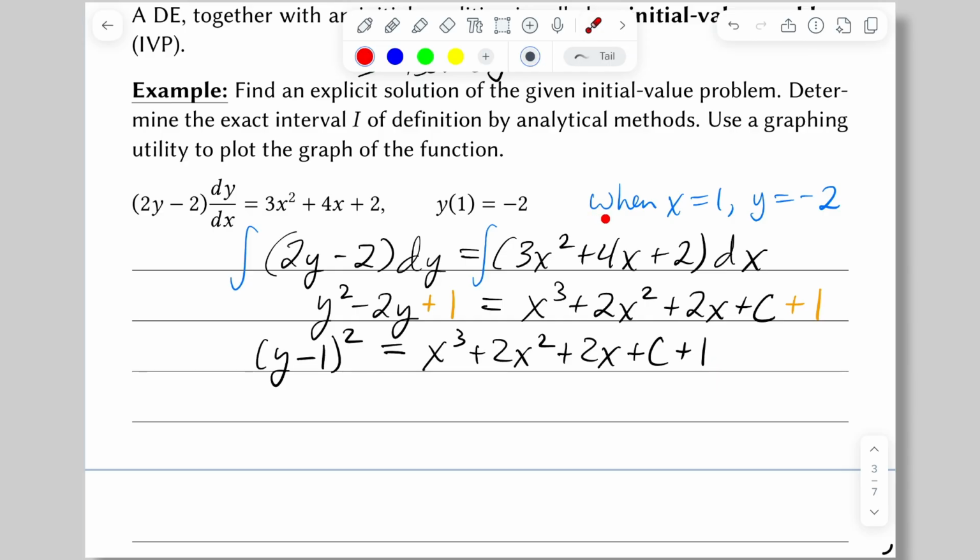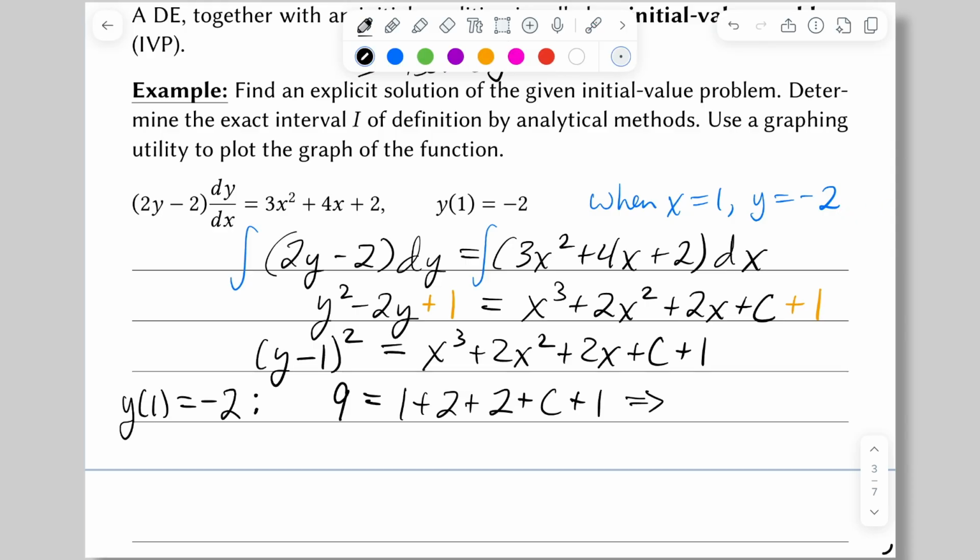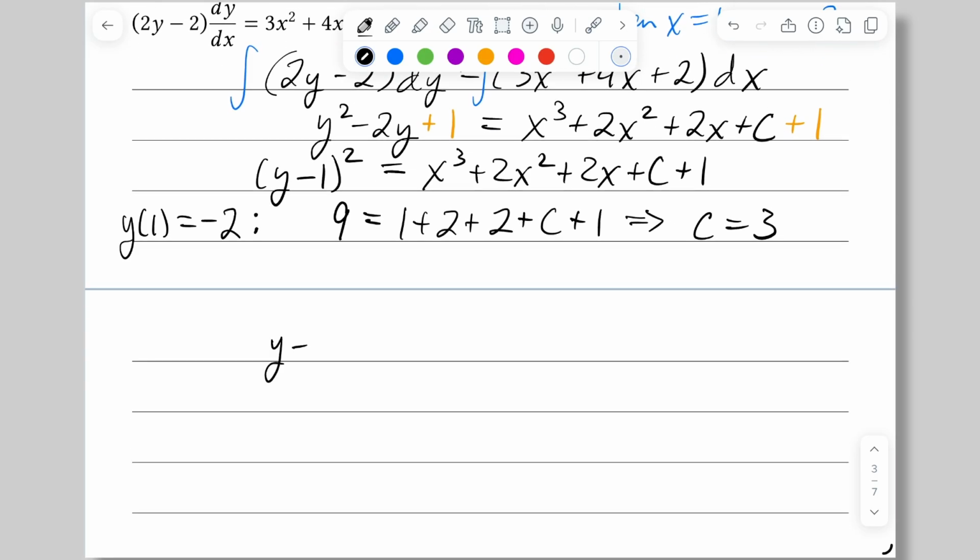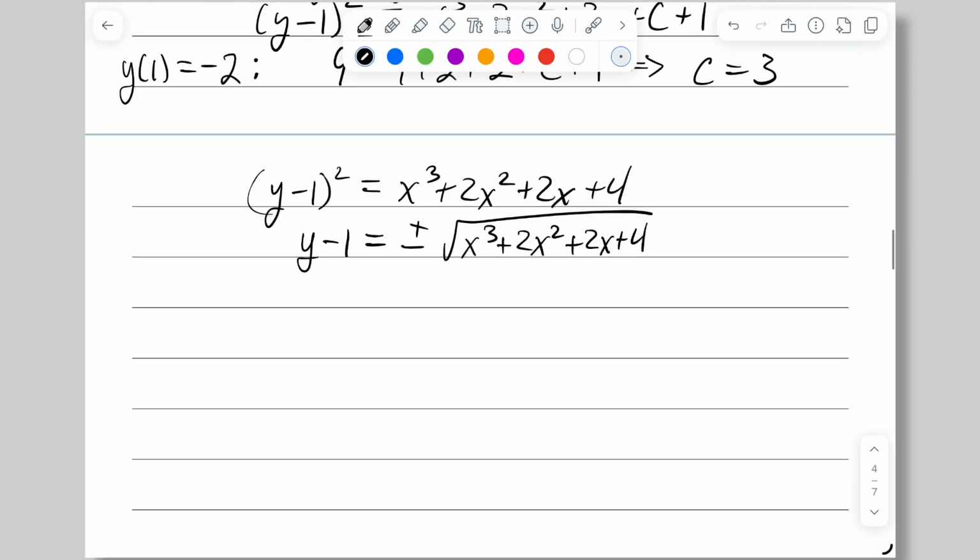Now I'll use the initial condition. When x is equal to 1, y is equal to negative 2. Making those substitutions is going to give us that c is equal to 3. Turning our equation into y minus 1, the quantity squared, is equal to x cubed plus 2x squared plus 2x plus 4. In order to isolate y, we are going to square root both sides, giving us y minus 1 equals plus or minus square root of what had been the right-hand side. And then finally y equals 1 plus or minus the square root of x cubed plus 2x squared plus 2x